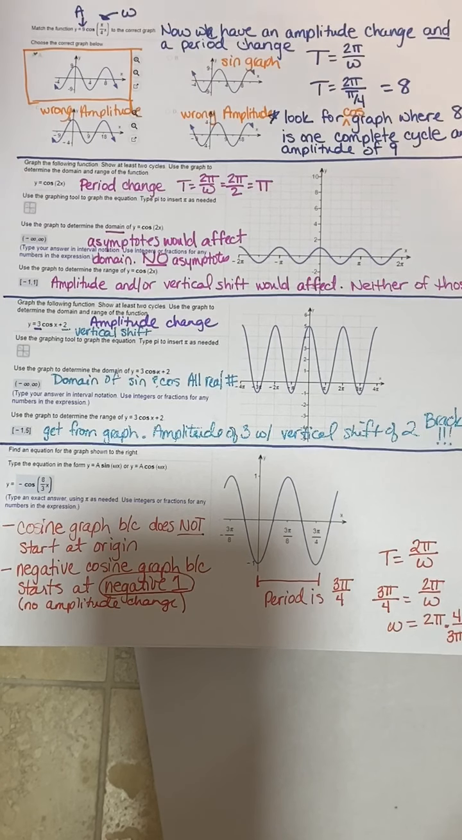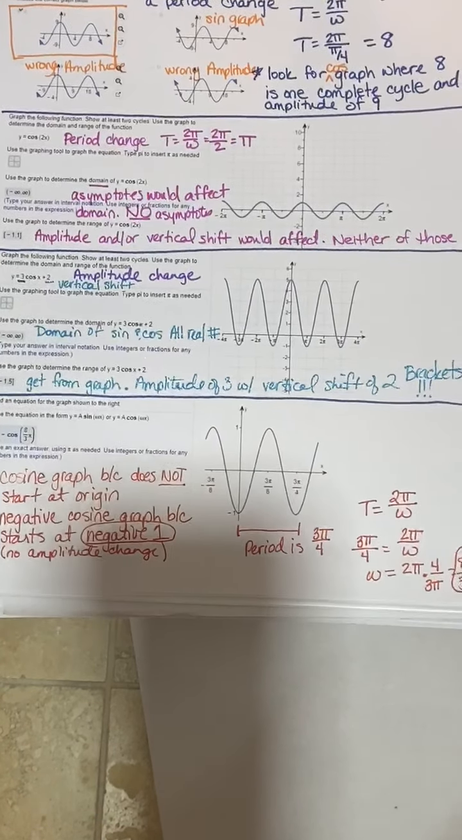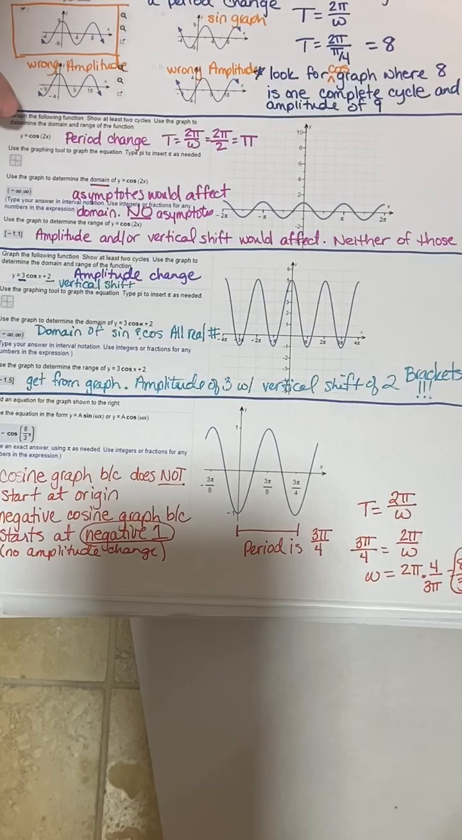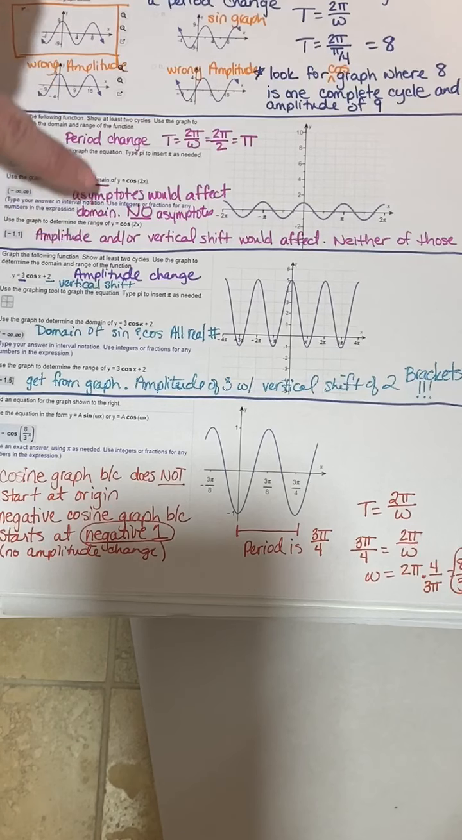Okay, next one. Get familiar again with the graphing features, the graphing tools, because I know we haven't used them in a while. So for y equals cosine of 2x, we have just a period change. So our period is 2 pi over omega. Well, omega's 2, so our new period is just going to be pi. Then we answer our